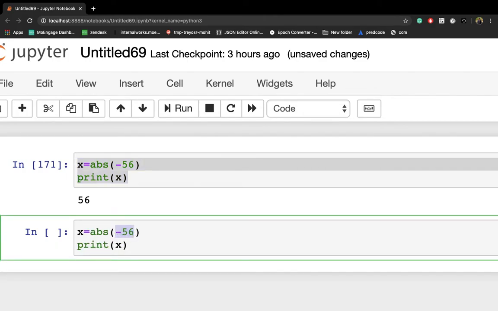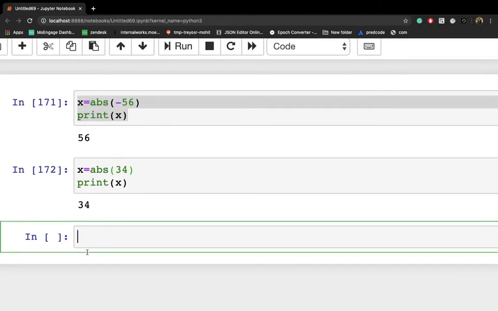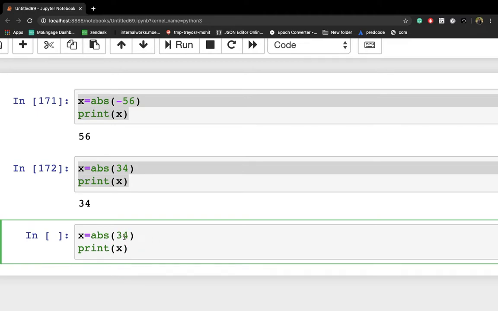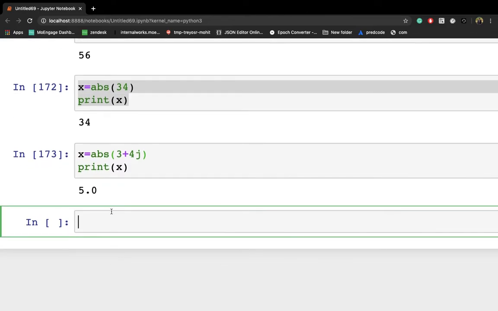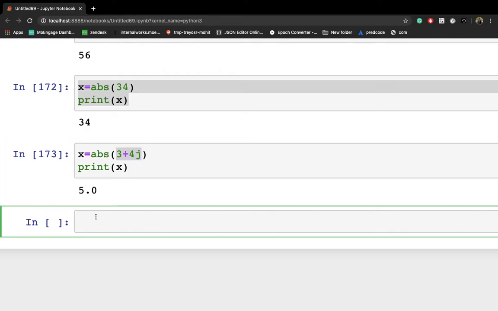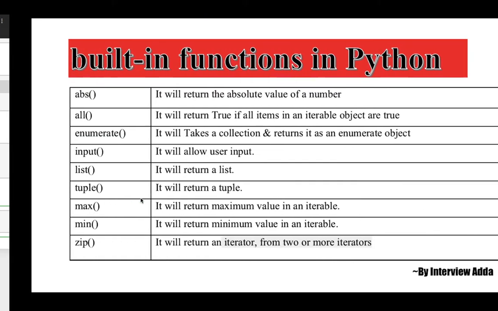If I put 34 here, we'll get 34. Similarly, you can use the same thing with a complex number as well, 3 plus 4j. We'll get 5.0, which is the absolute value of this complex number 3 plus 4j. So that's how you can use the abs function.